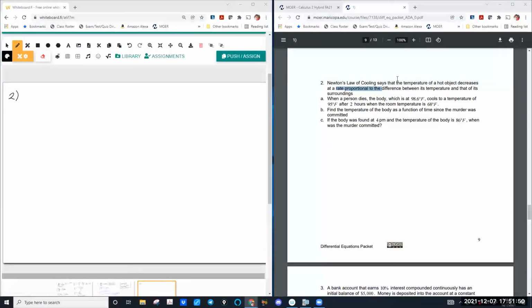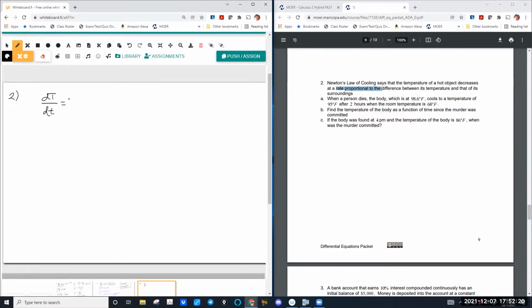We're told that Newton's law of cooling says that the temperature of a hot object or a cold object, it goes for both directions, decreases at a rate proportional to the difference between its temperature and that of its surroundings. So from there, that sentence allows me to set up my differential equation. I'll use capital T for temperature and little t for time. So that'd be the rate of temperature in our differential equations notation